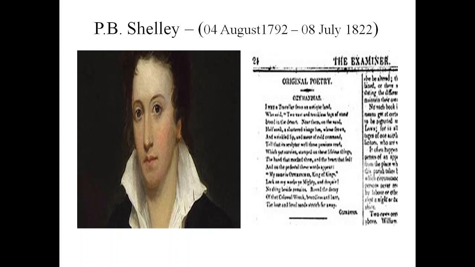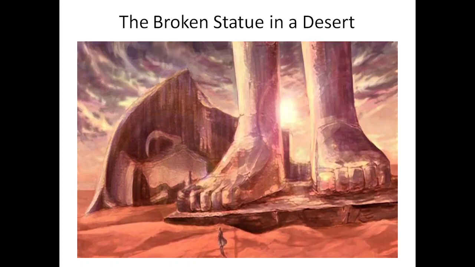That is 18th to early 19th century. And he was a very promising poet and died very young. In a drowning accident, his boat drowned, and unfortunately he died at a very young age. So P.B. Shelley, the poet who belongs to the Romantic Age, and you should look at this picture before we